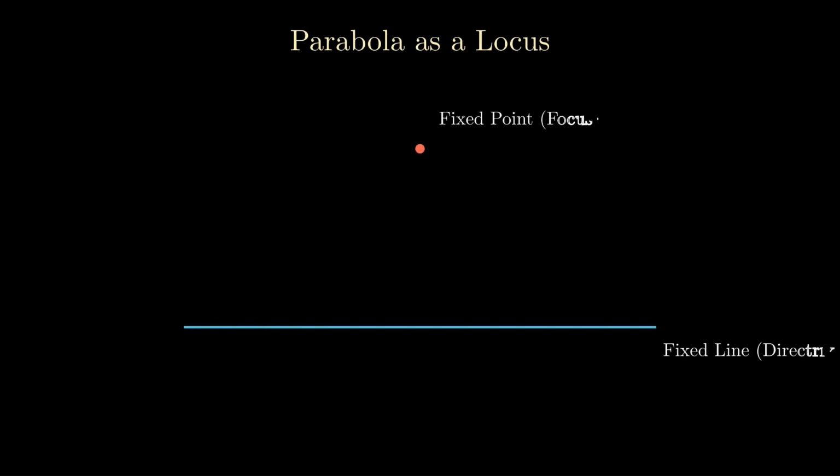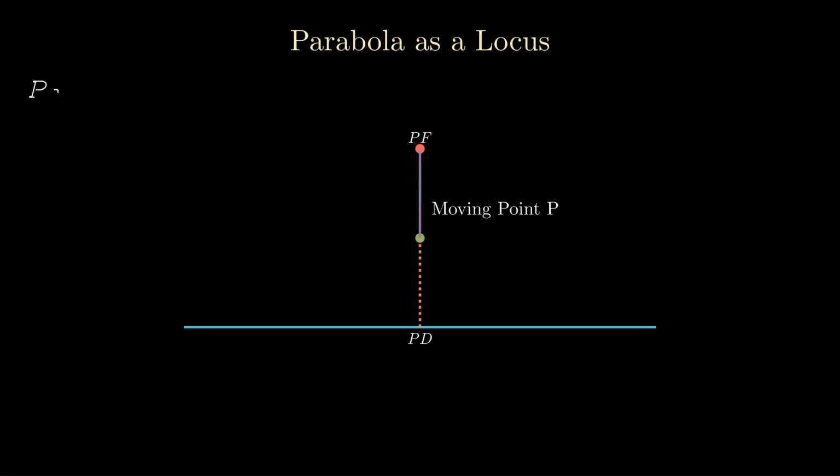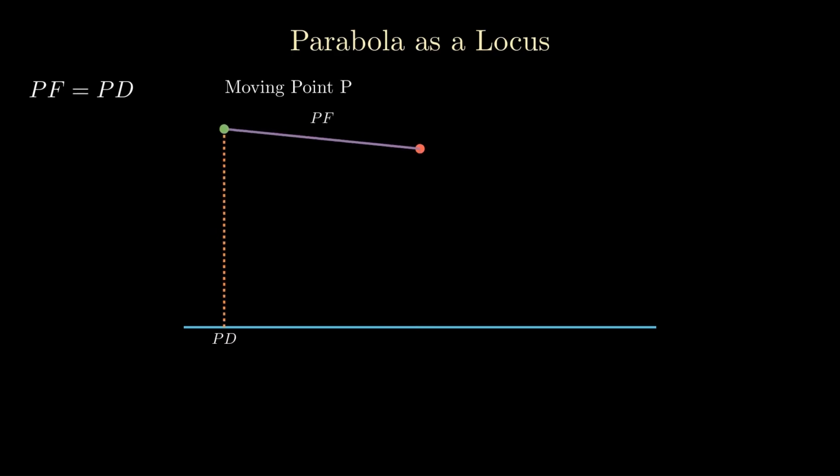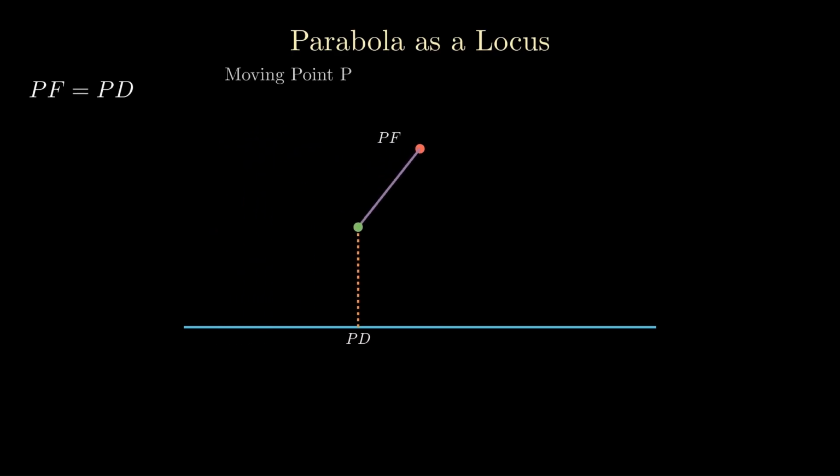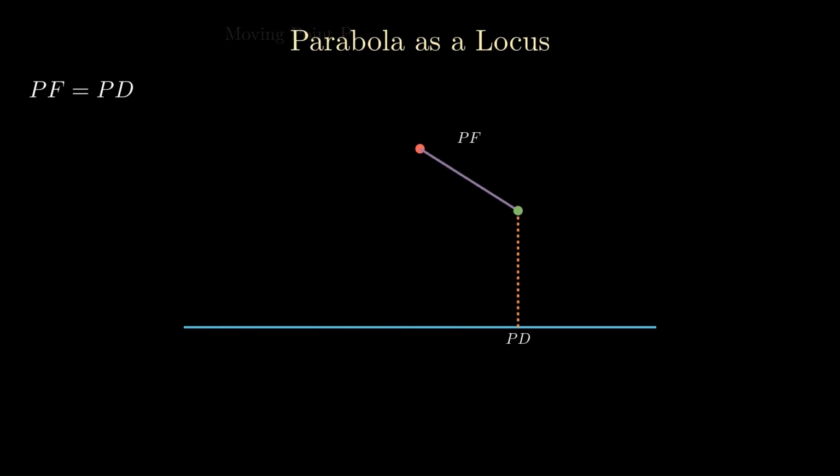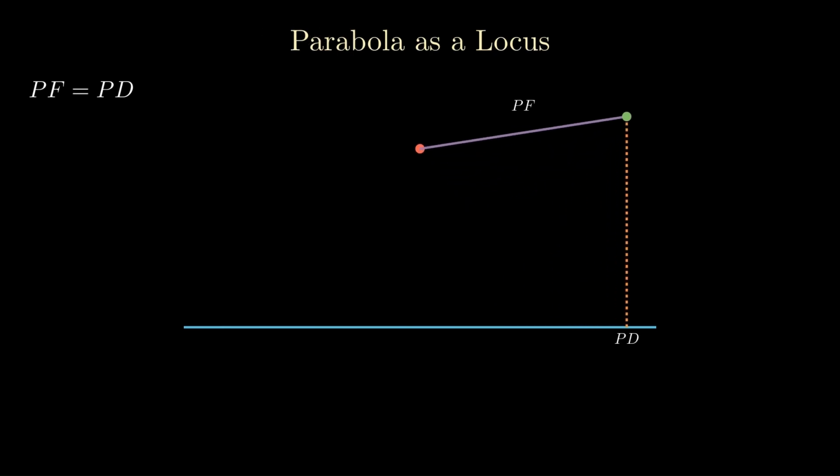A parabola is defined by a fixed point, the focus, and a fixed line, the directrix. For a moving point P, its distance from the focus, PF, is always equal to its perpendicular distance from the directrix, PD. As P moves, the distance from P to the focus is the same as the perpendicular distance from